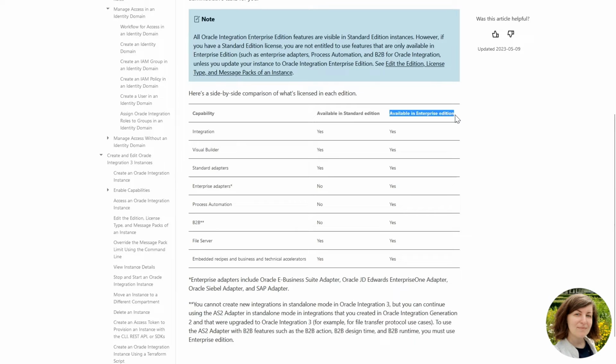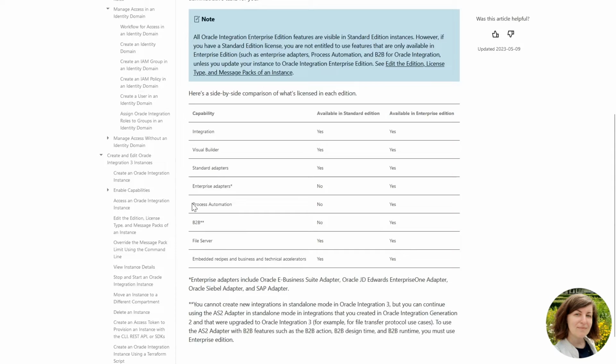With the Enterprise Edition, you have access to all the capabilities that are available with Standard. And additionally, you can use the Enterprise adapters. These are 4 adapters for on-premise applications: Oracle E-Business Suite, JD Edwards, Siebel, and SAP adapter.